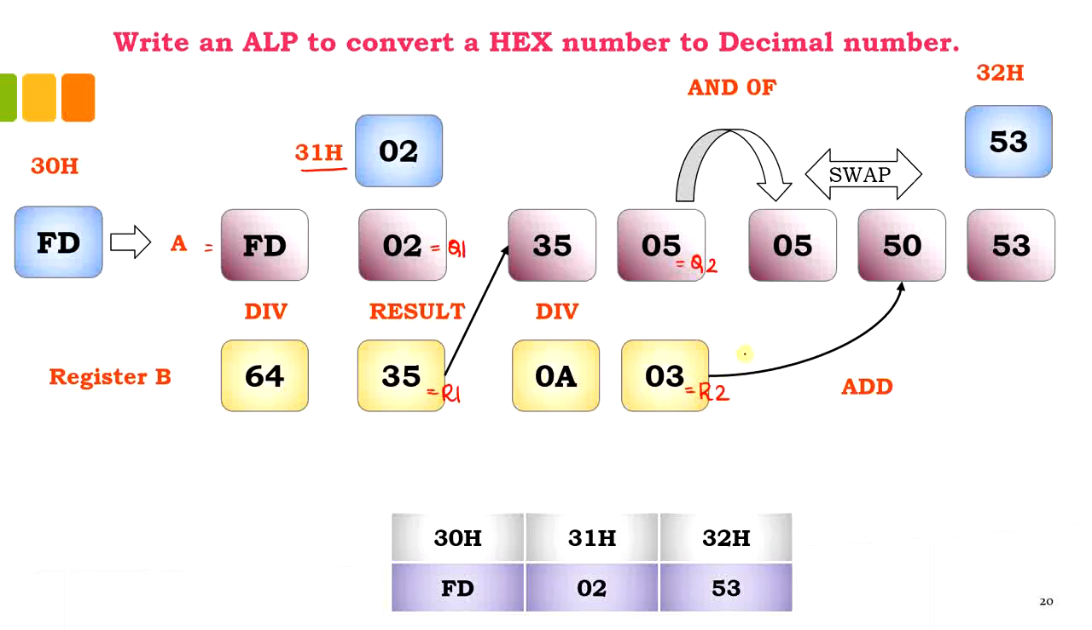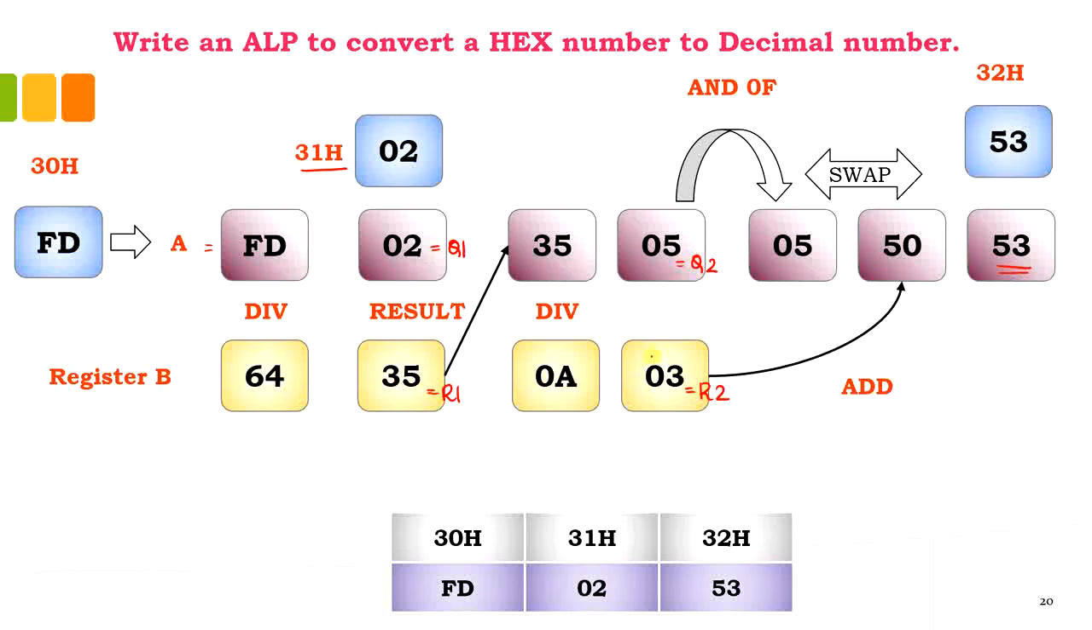So what we need to do is perform the AND operation with 0F. When we perform the AND operation with 0F, this quotient 2 will remain as it is because this is 0,5, right? So it will remain as it is. Then we need to swap this so that we obtain the higher nibble, that will become 50, and then we are supposed to add the remainder 3 with the swapped result. So that will give you 50 plus 03 is equal to 53, which corresponds to the lower digits of your